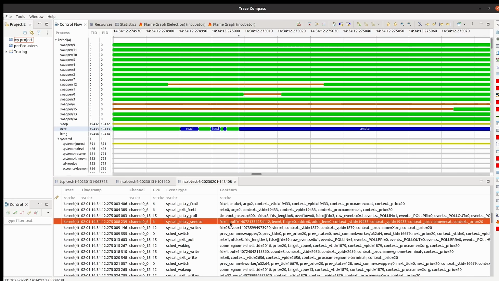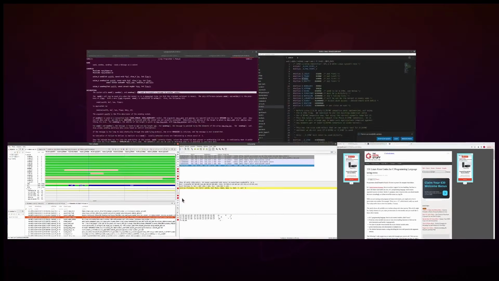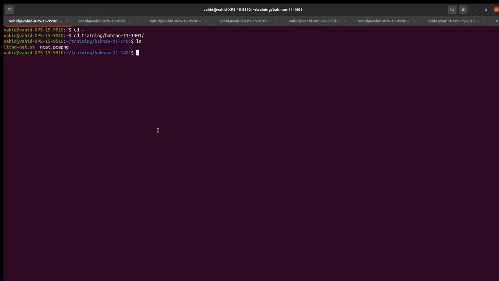Now, FD4 is just an integer, and I don't know what kind of file it refers to. Is it a socket or just a normal file or what? It's just a number, right? It means that it's the 4th file descriptor that this process, meaning NCAT, has allocated or opened, right? That's all it means. There are these very nice LTTng events. They're called LTTng state dump. And if I show you my LTTng